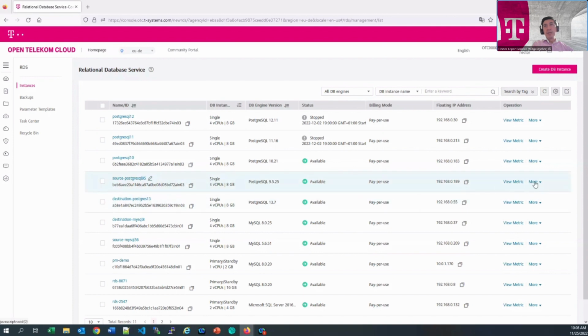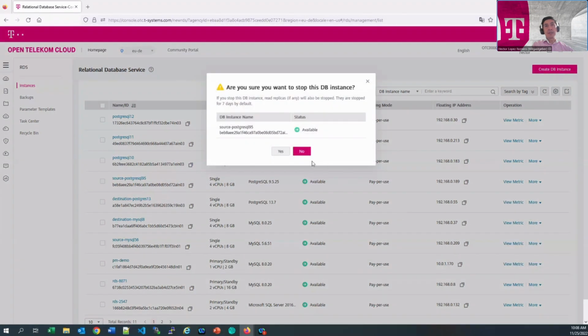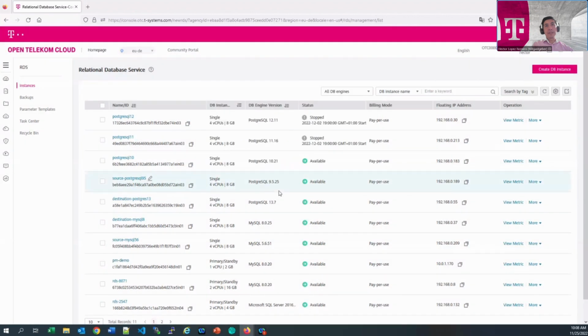In this case, if you go to More, then you will have the option Stop. And when you select Stop, then the database will be stopped. So if I try to stop this database, you may see that it will start stopping. At the end, you will find it stopped. The question is always how long this stop will work, because it's not like it will stay stopped for the whole